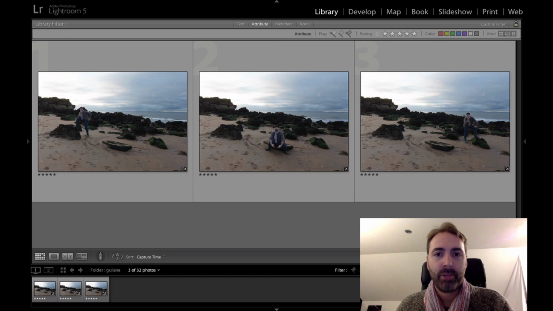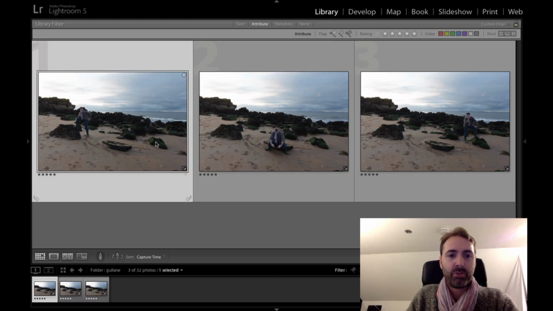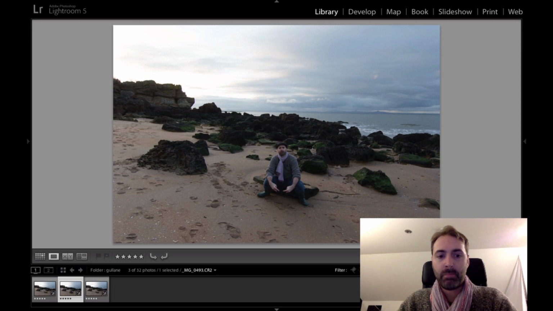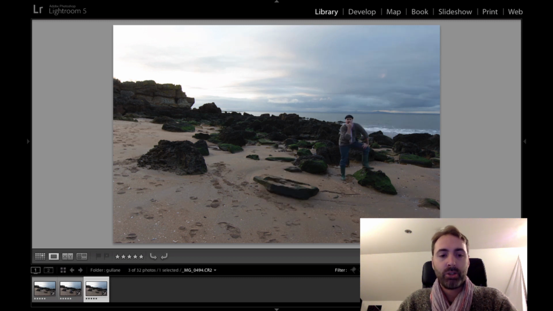So we're back. We're at the office at the computer in Lightroom 5 and we can see the three images. So the first one is the me, and the second myself, and the last one I. So what we're going to do now is we're going to take the three of them and export them into Photoshop as layers, and we're going to combine them and reveal what needs to be revealed, and we're going to end up with a picture showing me, myself and I.